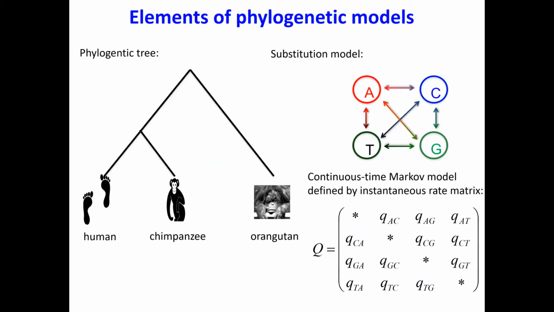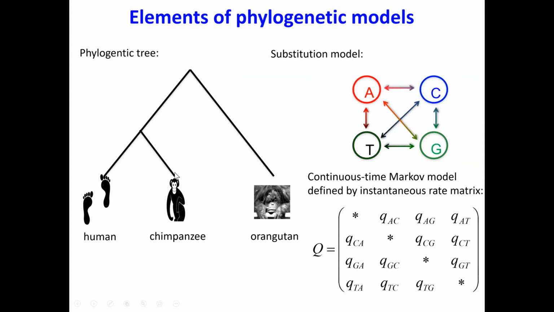These are phylogenetic models. So in this sense, what you need for a phylogenetic model is you want to construct a tree, and you also need a substitution model. And the substitution model is often a continuous time Markov process that is defined by its instantaneous rate matrix. So here you can see an instantaneous rate matrix. It's basically just listing the rates of replacement between the different nucleotides. And once you have that, there are multiple software packages around which are very efficiently calculating